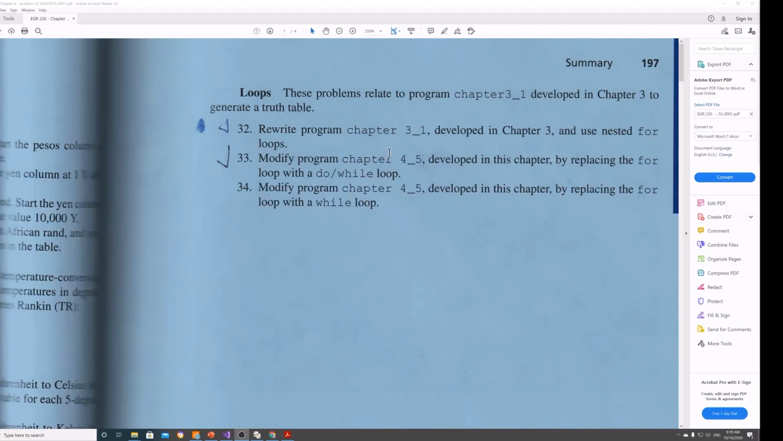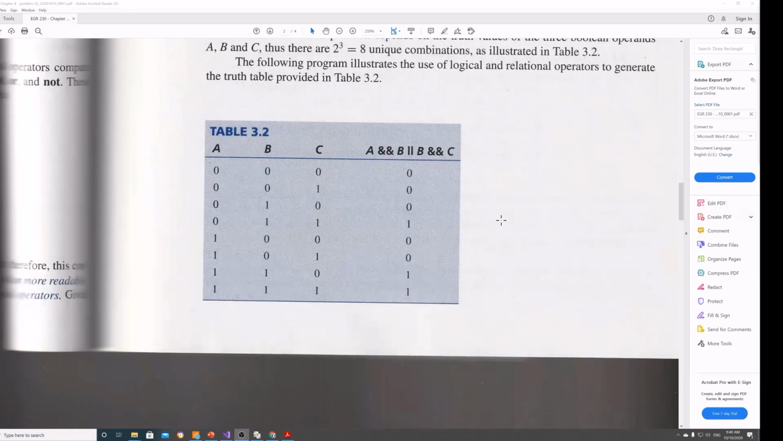Okay, I'm going to take a look at chapter 4, problem 32. Basically, it's to go into chapter 3 and look at this program that's in the chapter, and use nested for loops to do that. Okay, so in chapter 3, the actual problem that we're going to be looking at, what you'll need to do